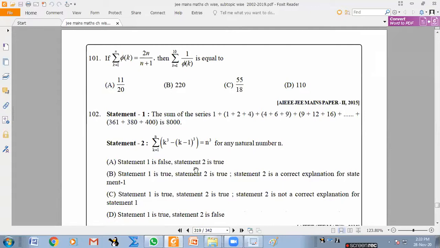Okay, 101 or 102. Any doubt? 101. Okay, 101. We know this formula, but we did not use it so much, because most of them are known progressions. If Sn is known, how will you find Tn? It is Sn minus Sn minus 1. But we did not use it so much. But here we need to, because what they gave is sigma phi k is Sn only, the sum of n terms. That is phi of 1 plus phi of 2, and so on up to phi of n. If not only phi of n, you have to use this formula.